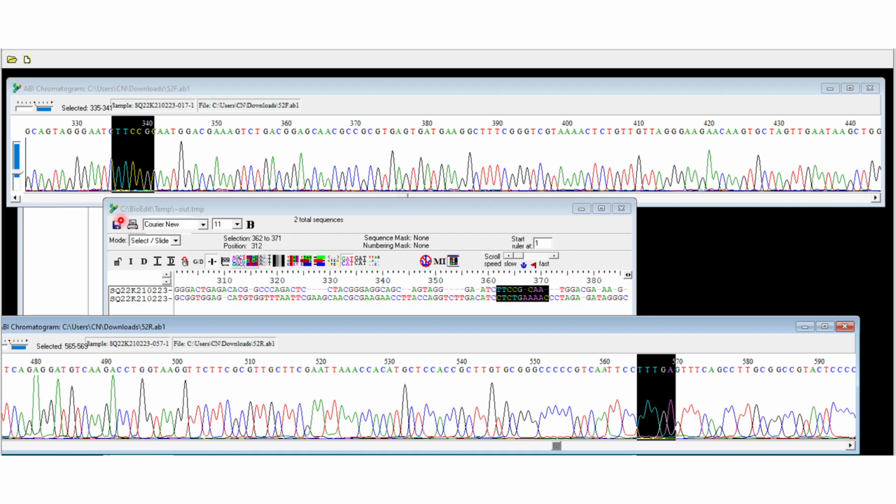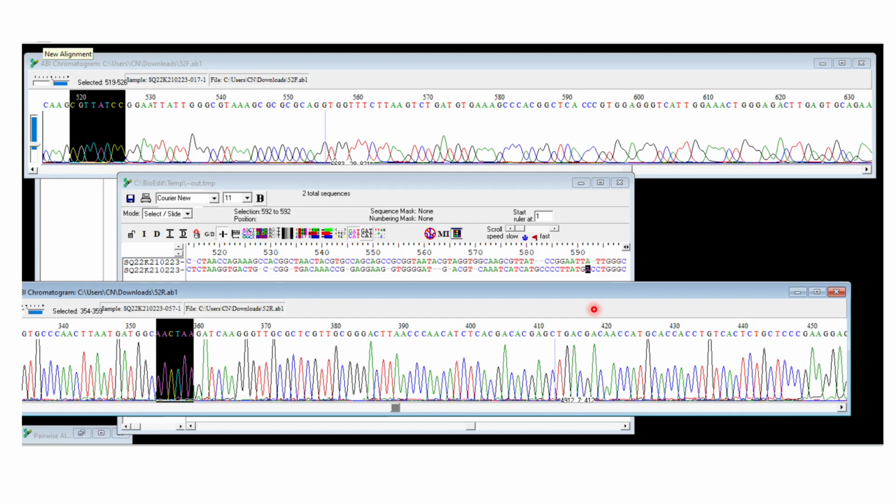See what I'm saying? This is the forward, this is the reverse in the same region here. So if I'm to correct this, I would correct according to the forward strand, as we can see. As we move further along the sequence, after aligning, we shall see that around region 520, after correcting the reverse and the forward,